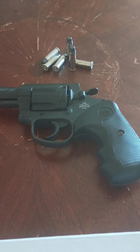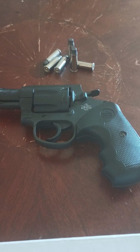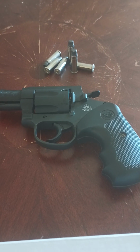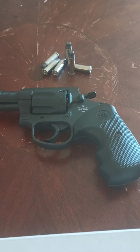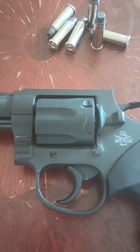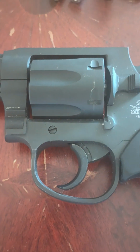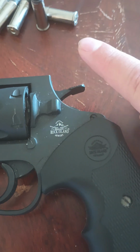Now, the biggest thing for me on this revolver is that it's not too big and not too small for my everyday carry, and the caliber is not too big and not too small as well. It functions like an old Colt Detective Special. It has a 2-inch barrel, a 7-pound trigger pull, and me personally, I like buying all my revolvers with hammers, so I do get the hammer,